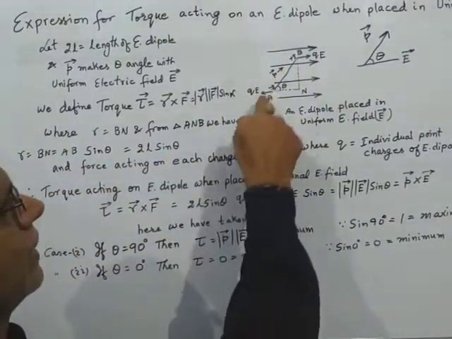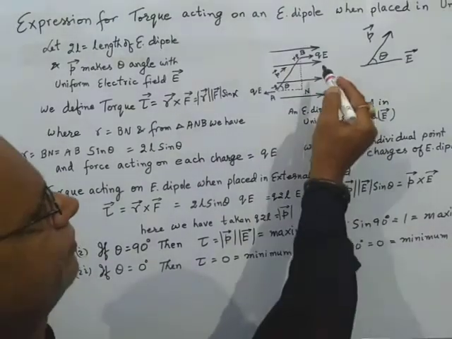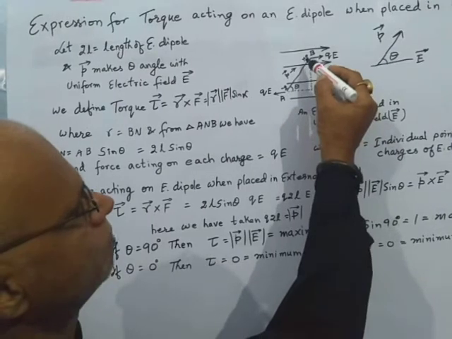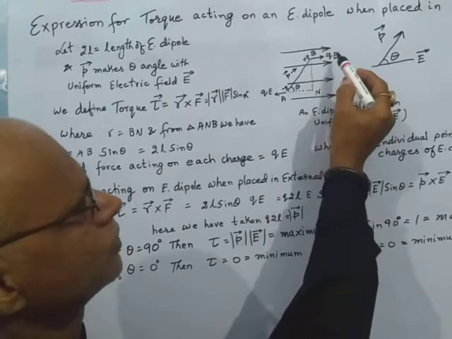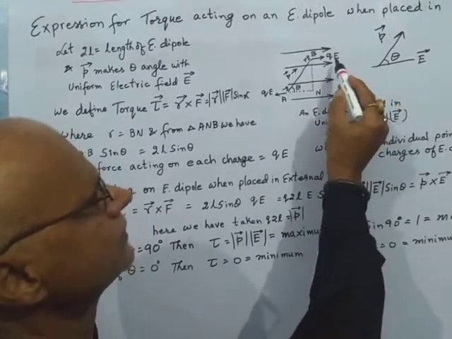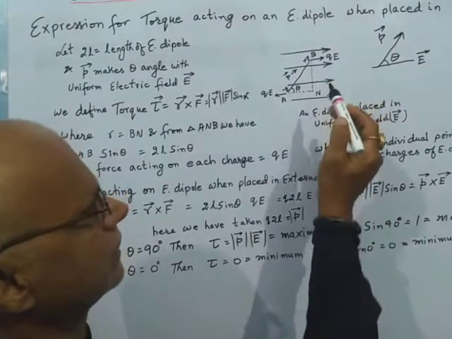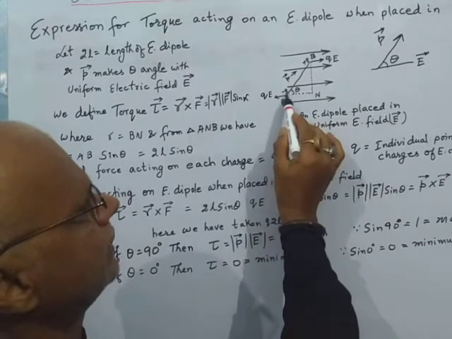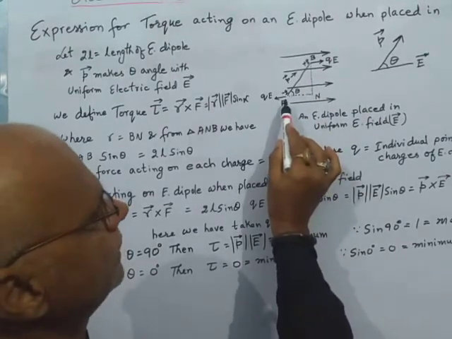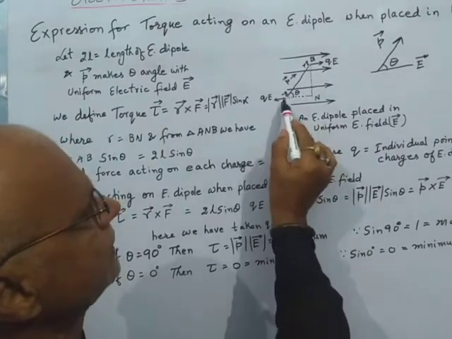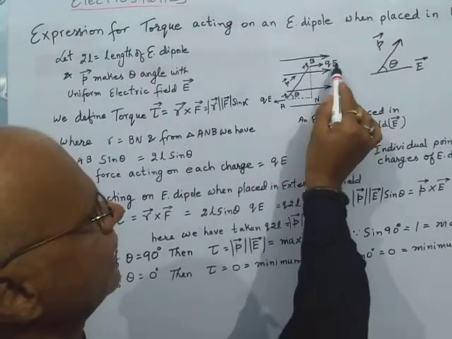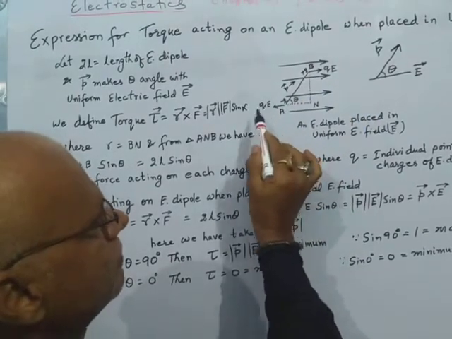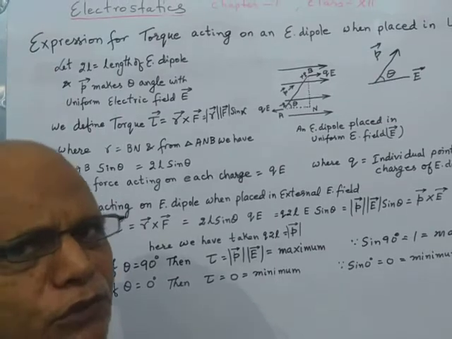Now from this diagram you see, if we consider the electric field in this direction as shown by the arrow, then the positive charge will experience a force equal to qE, that is the magnitude of the charge times the electric field. And since we have the negative charge at point A, the direction of force acting on the minus q charge will be opposite to that on the plus q charge, so it will be against the electric field, but the magnitude will remain the same, equal to qE.